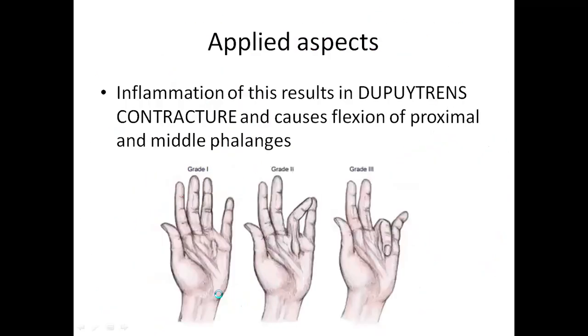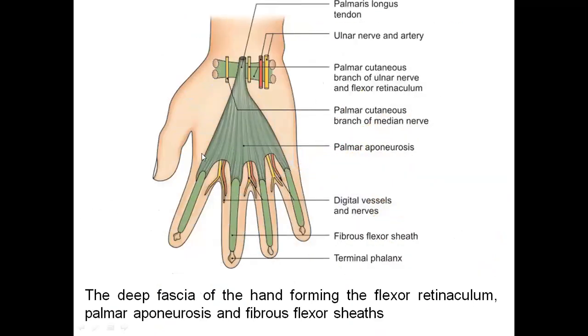Now, if you just observe, I just want to tell you one fact which you should compare when you do the lower limb. If you observe this palmar aponeurosis, how many slips is it dividing into? 1, 2, 3, 4. Whereas it is not giving any slip to the thumb. So this actually has one functional significance. Why is no slip going towards the thumb? Because the thumb is enjoying a lot of freedom of movement.